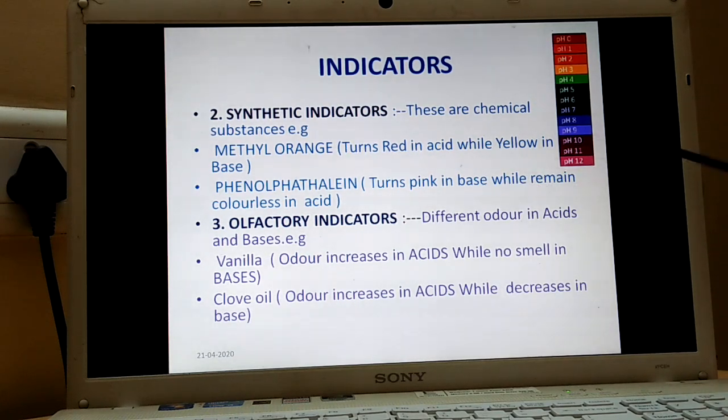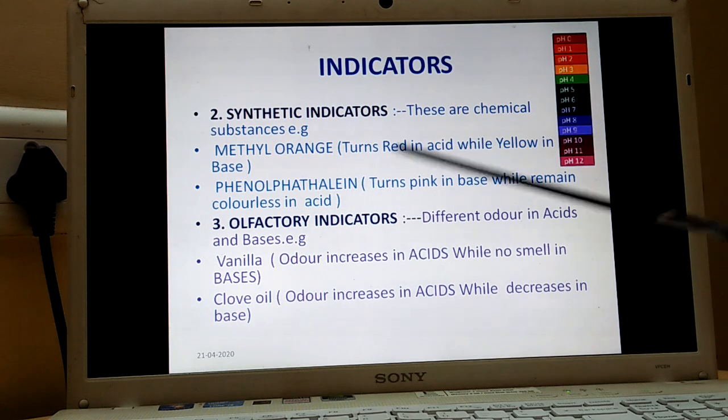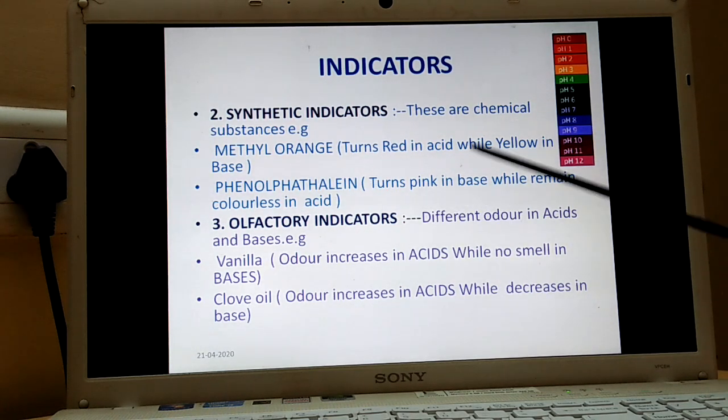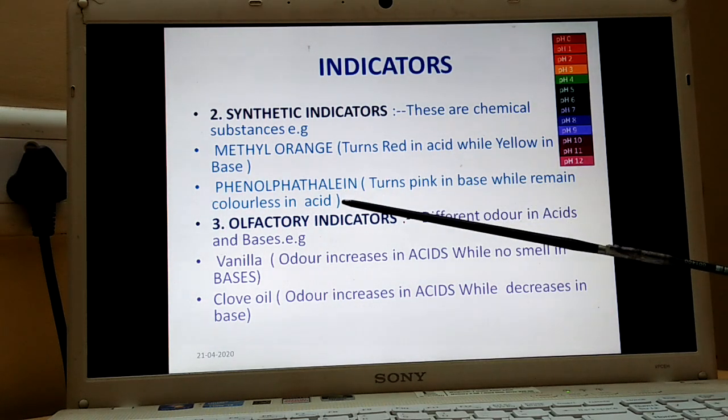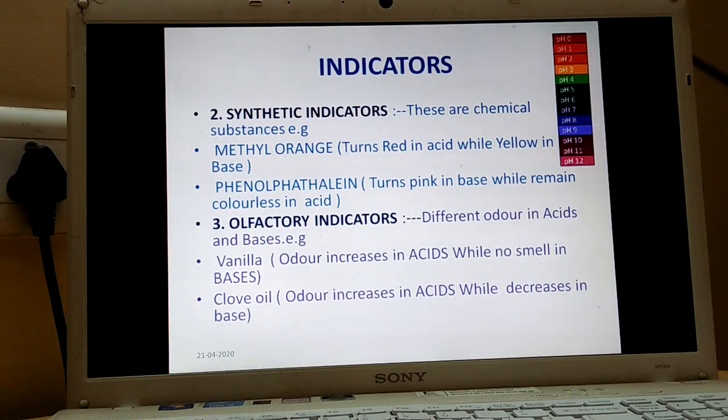Similarly, acid and base can be identified by using the indicator phenolphthalein. Phenolphthalein will always turn pink in a base while it remains colorless in acid. So I think you can easily identify the acid and base by using these two indicators, methyl orange and phenolphthalein. These are available in our chemistry lab, and I will perform this experiment on the reopening of school.